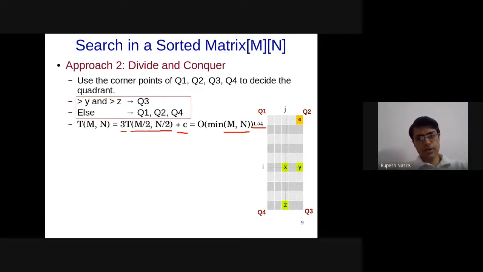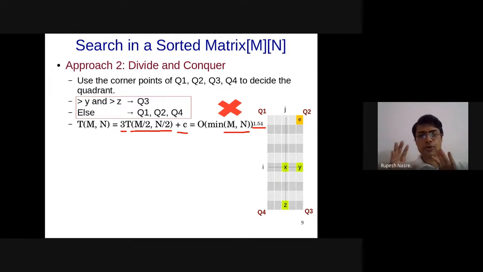Okay, so there are no questions, looks like, and that does mean that you guys are not paying attention. Whatever I said, that is a wrong algorithm. We just now said that if the number is greater than y and greater than z, then we can guarantee that it is in Q3. But if it is not, then we cannot guarantee that it is in Q1, Q2, Q4. That was our observation on the last slide. In fact, that's what we discussed last time also. So this is not a correct algorithm.